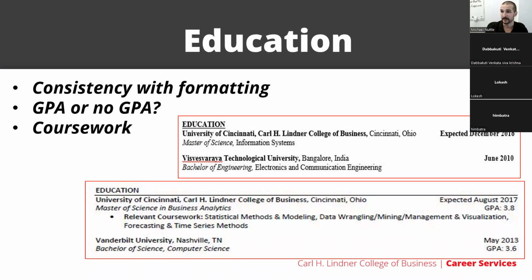And then, as you can see, like in this top example here, while you're in the program, giving people an idea of when you're expected to be completed with your degree. Most of the programs here are 1 year. So for a lot of folks, it'd be expected April 2023 or August 2023, something like that. Again, what that does is it signals to employers your anticipated completion of the program. If it changes, that's okay. Communicate that if you're engaging with an employer at the time.